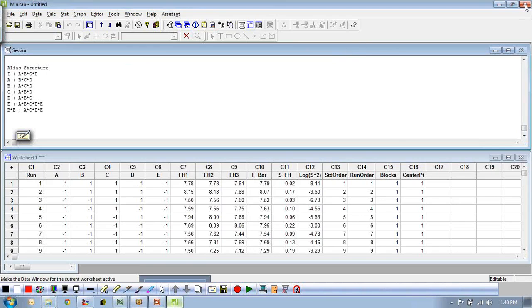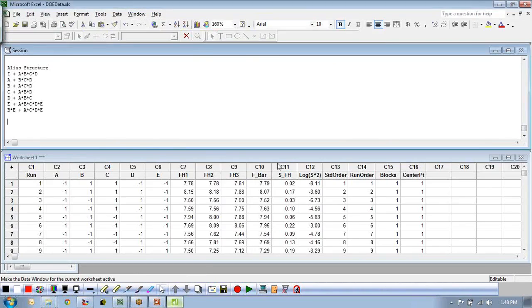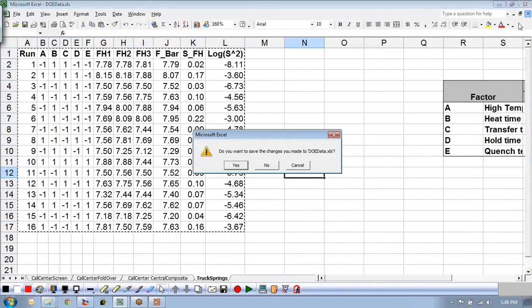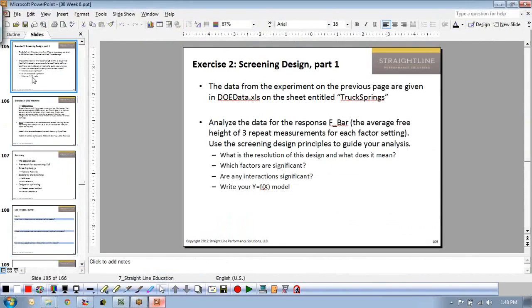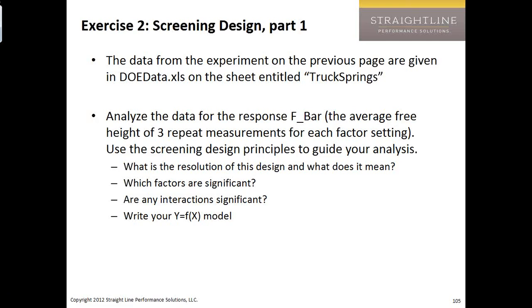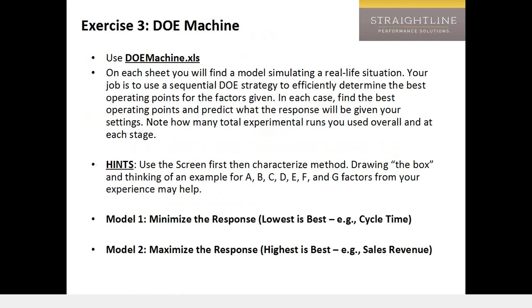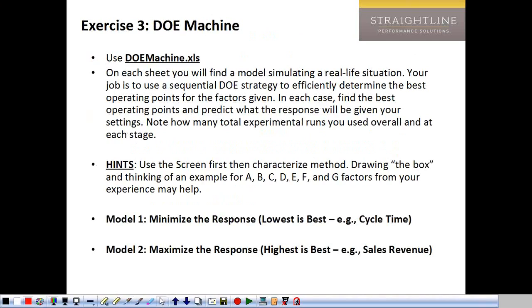I do want to show you, basically, you'll get a homework assignment based on this. So I'm going to show you something called the DOE machine. It's a little bit different, but in the DOE machine, which is the exercise that's on 106, which you'll get in your homework as well,